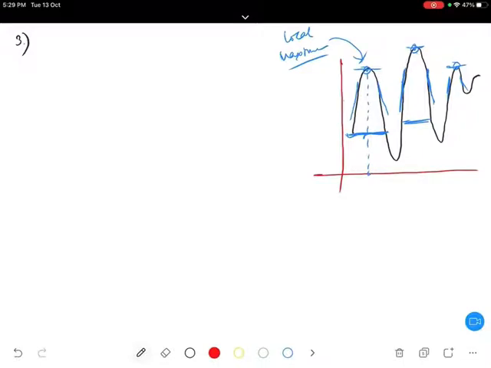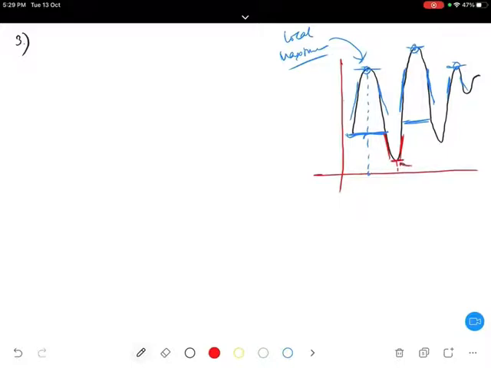The same goes with the local minimum value. We know that condition. What is a local minimum value? The slope is changing from negative to positive. Here you see the slope is negative and here it is positive. The slope is changing from negative to positive, so this point gives us our minimum value.